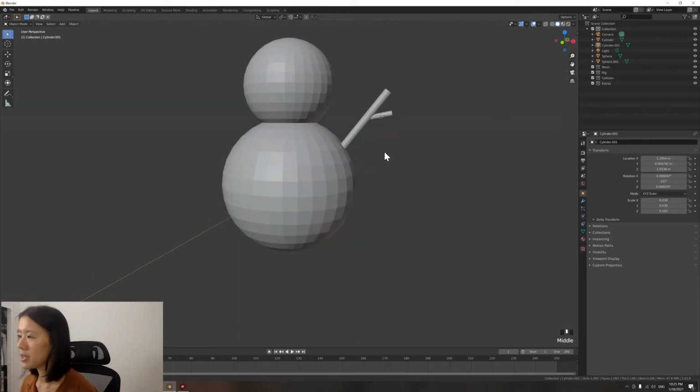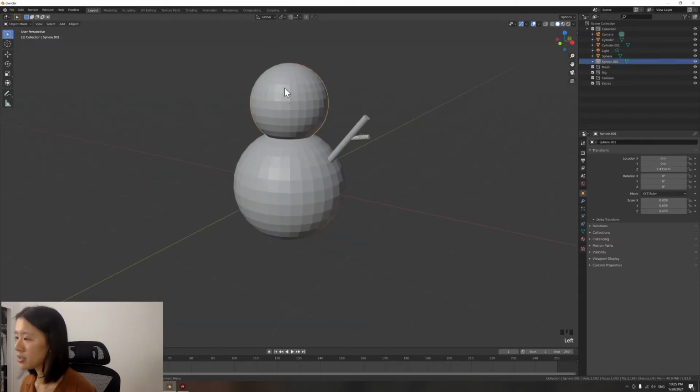So at this point, all these shapes are made of primitive objects. I think there are lots of things you can do with very primitive shapes by just adding and subtracting. But if you really want to get into 3D modeling, I will recommend you use something called edit mode. So right now we're actually in object mode, and to go into edit mode,